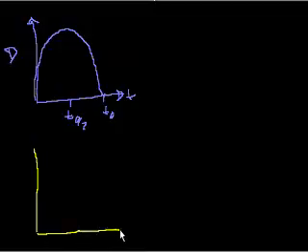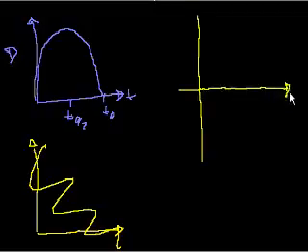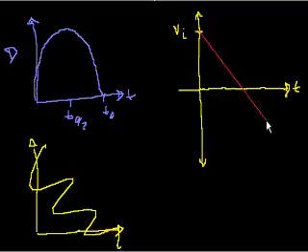Oh, that's bold. Actually, no, that's not how I want to draw it. I have to draw the negative side too. So this is time, and then this axis is velocity. We start off at a positive velocity, right? We start off at v sub i, and what's going to happen here is the velocity decreases at a constant rate, right? And that rate is just the rate of acceleration. The velocity decreases